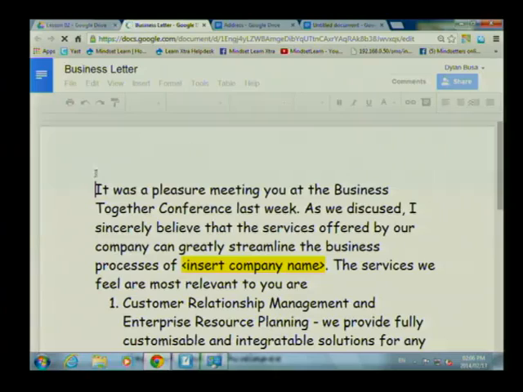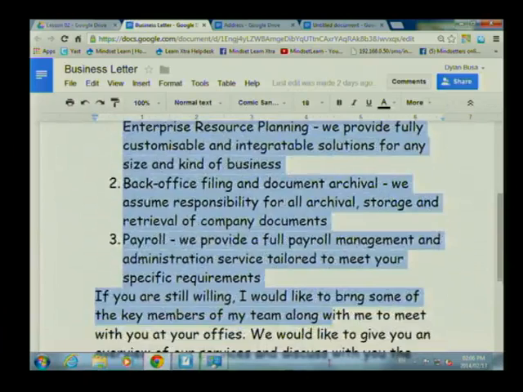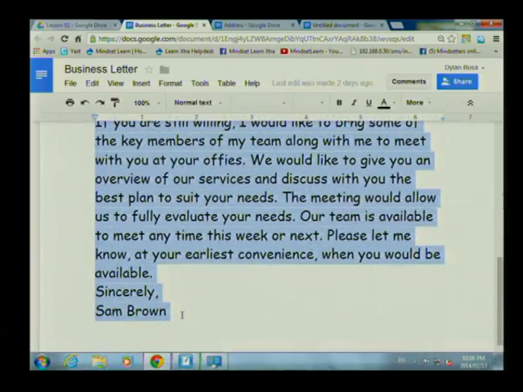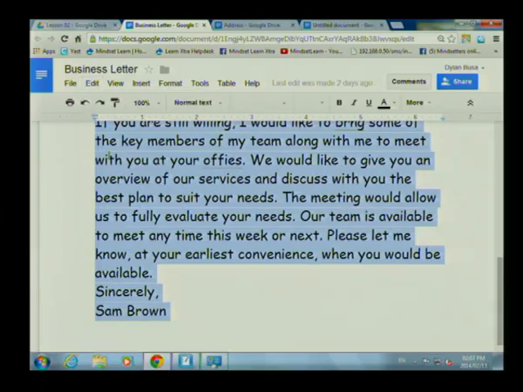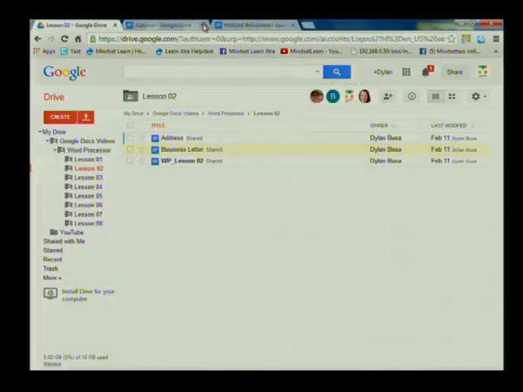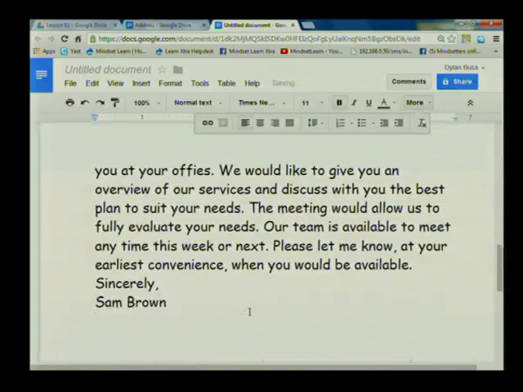And as before, I'm going to select all of the text that is inside this letter. And I'm going to copy that. I'm going to press Ctrl-C, or remember, use the Edit menu here to copy. I can close the letter now. I've got the text on the clipboard. Go back into my untitled document. Now, I need to paste that letter underneath the subject title here, the letter title. So I'm going to enter in 2 lines, and then I'm going to Ctrl+V to paste the rest of the